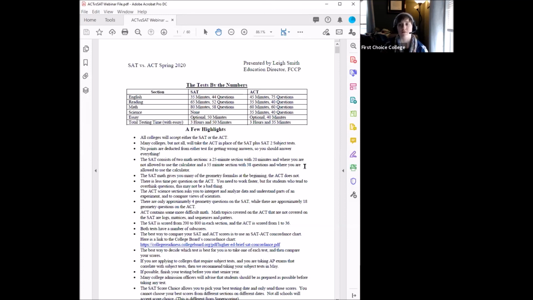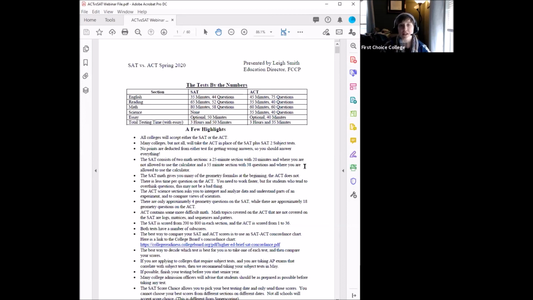Something we have to emphasize all the time with these tests is that they are not tests of innate talent. They aren't even really tests of what you've learned in school so far, since they're not curriculum-based. They are tests that are meant to be studied for. They are not meant to be taken cold, or to be an IQ test or anything like that. They are testing whether you know the material as they present it on the test in different ways.